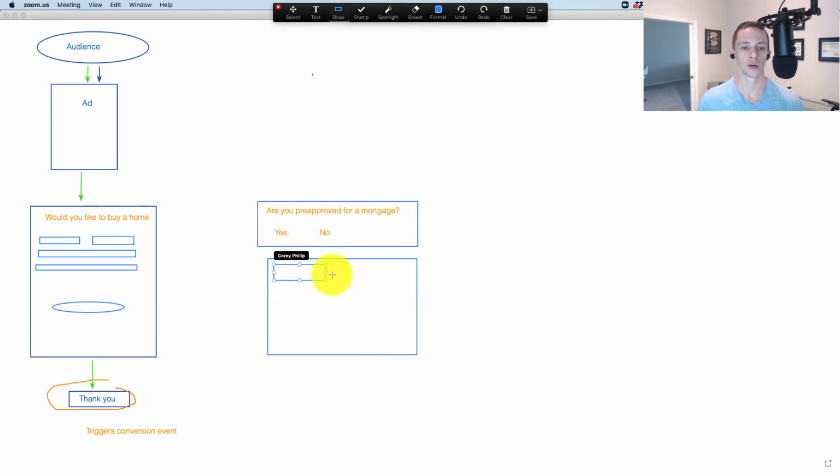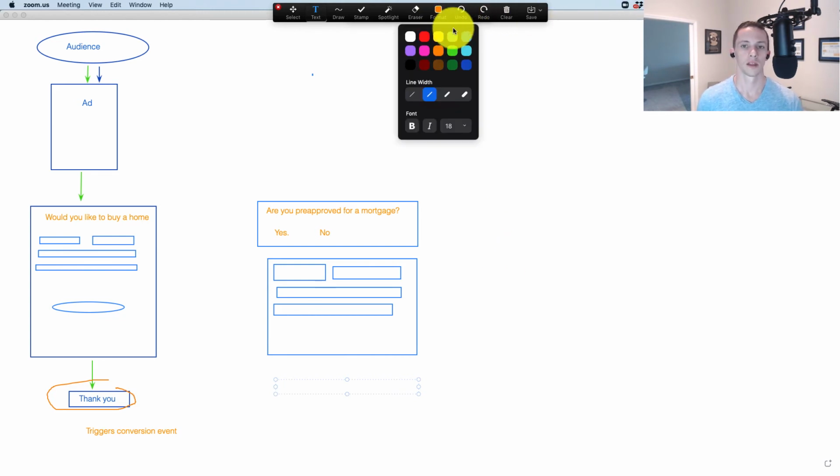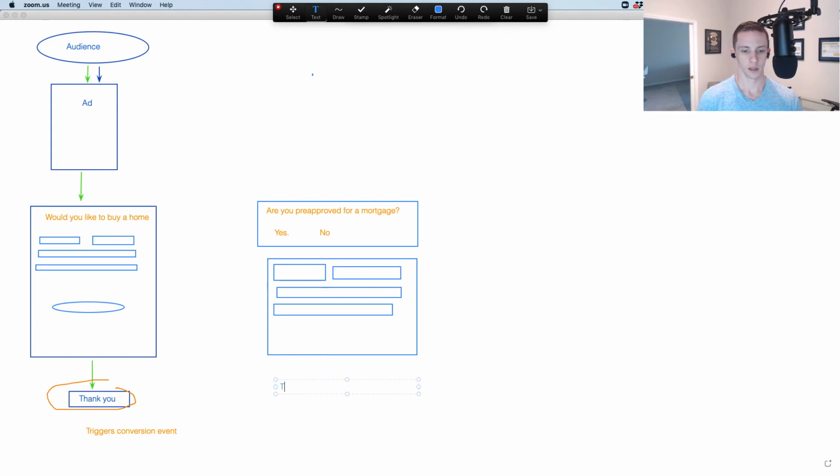And I'm not going to make this pretty because I think we all kind of know how the process is going on a lead form, right? And then what we would do is we would have 2 separate thank you pages. So there would be a thank you yes, and then a thank you no, right? And based on whichever answer the user selected up here for a qualifying question, the event would be